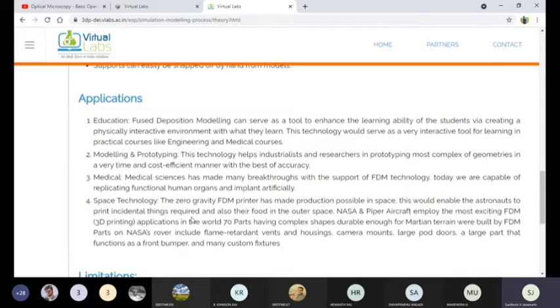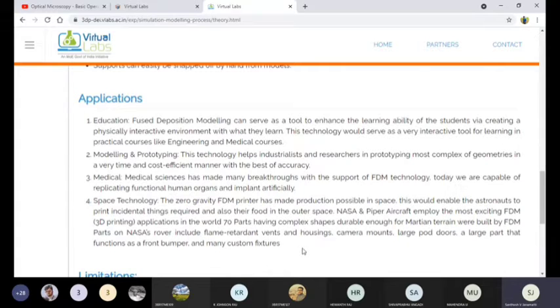NASA and Piper Aircraft employ the most extensive FDM 3D printing application in the world. Seventy parts with complex shapes, durable enough for the Martian terrain, were built by FDM at NASA. These include the plane's redundant vents and housings, camera mounts, large floor doors, a large part that functions as a front bumper, and many custom features.